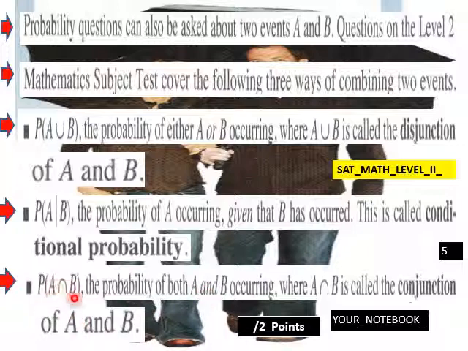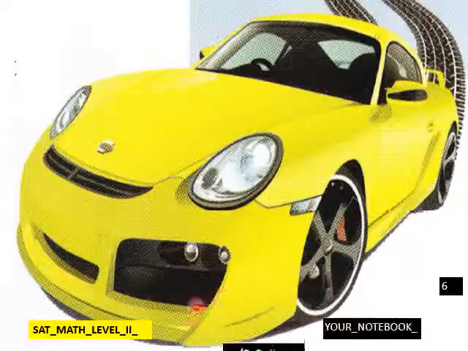And then the probability of A joint B, the probability of both A and B occurring, where A and B is called the conjunction of A and B. So these are different kinds of situations within probability, with these symbols, that could very well be asked